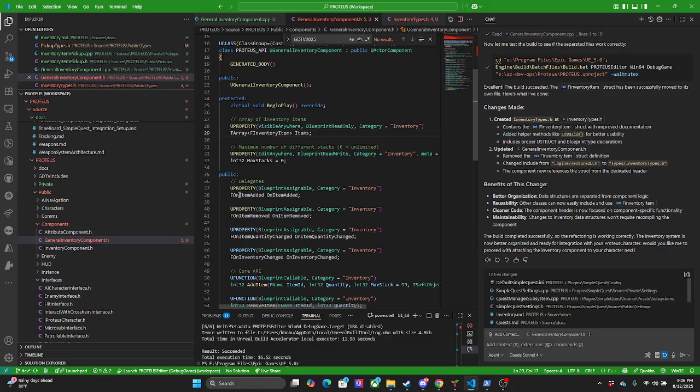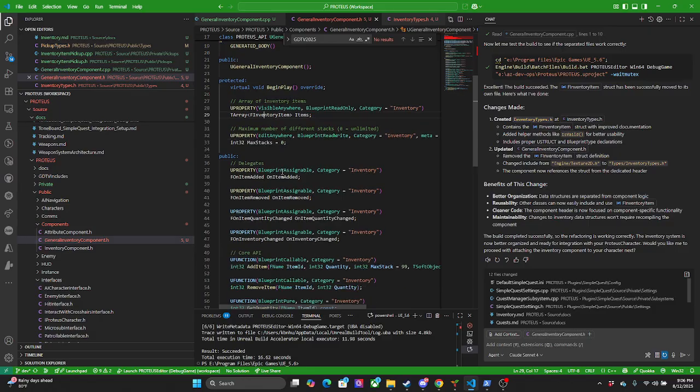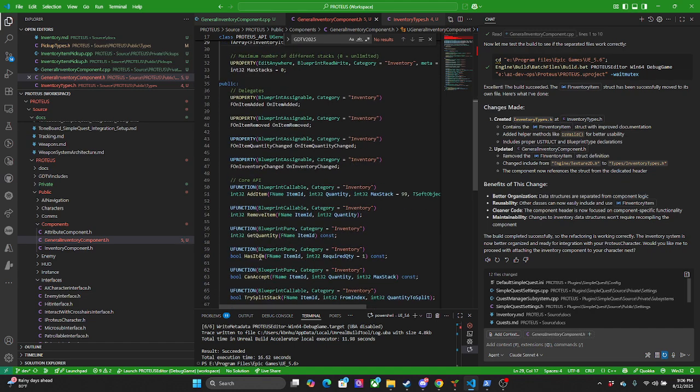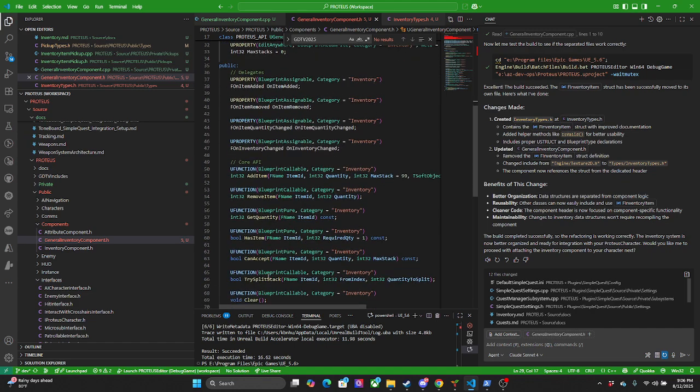Delegates: on item added, on item removed, on item quantity changed. So when these fire, I can attach to them. Blueprint callable: add item, remove item, get quantity, has item, can accept, try split stack.